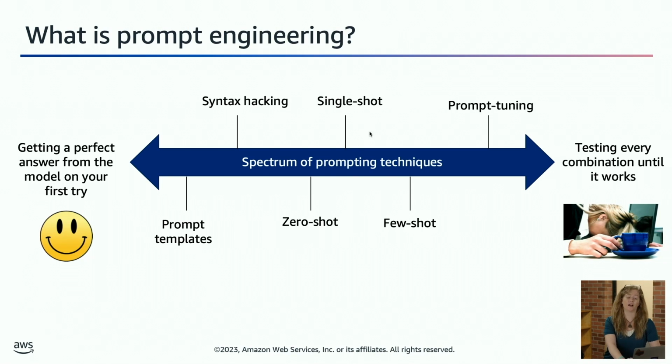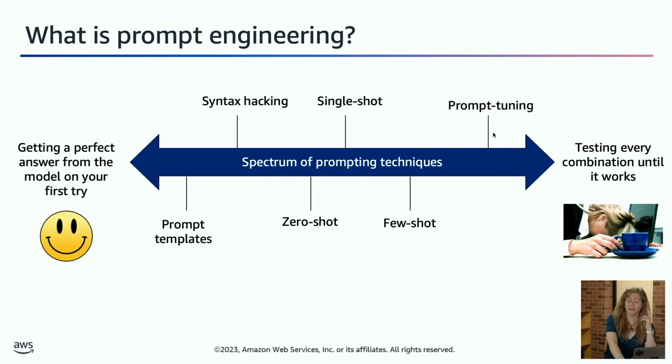In any case, single shot means I take my prompt and I'm going to give it one example. So I put one example in the prompt and then I give it the body and the instruction and it responds. Few shot just means I have more than one example. So if I want to have my model translate to a different language, or do some nuanced summarization or some nuanced style transfers, then I would do few shot learning. So I would have a couple examples in the prompt, plus the body, plus the instruction, and then boom.